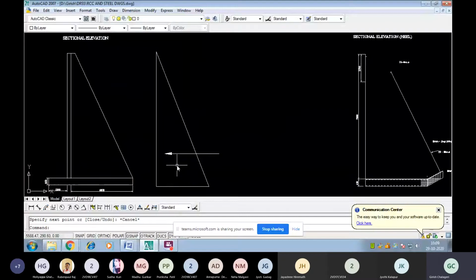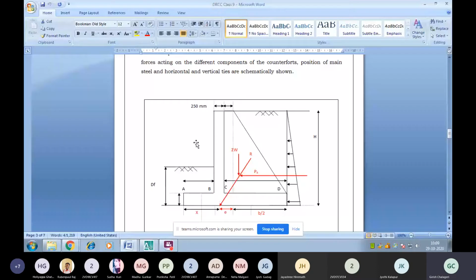So this will be designed for the pressures. For this, the vertical forces will be done. We can see here that a separate design is there. It will be a T-shaped design. Later on, when we go through that, we will come to it. So let us know the problem here.